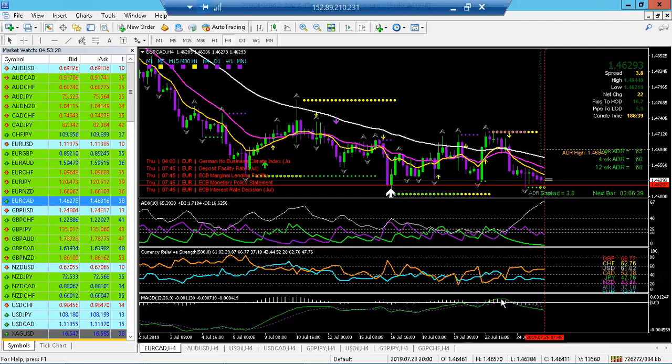But I would close it because we came back up to the 0. It recrossed and is now staying below the 0. Momentum is below the 0. And this news is just too choppy. So personally,